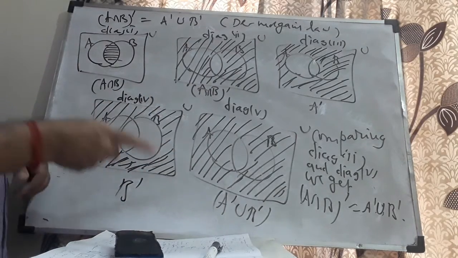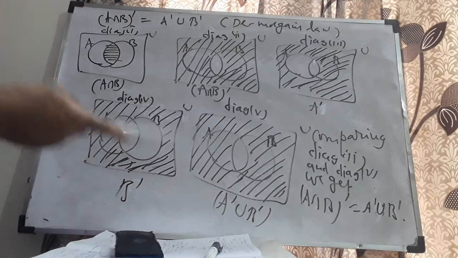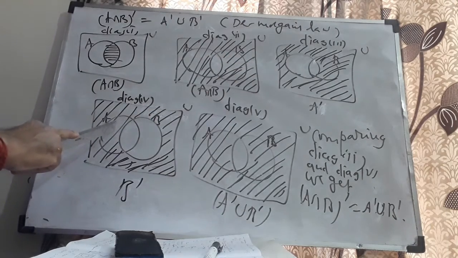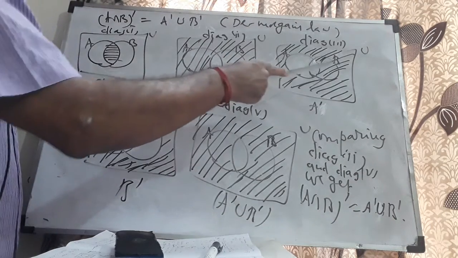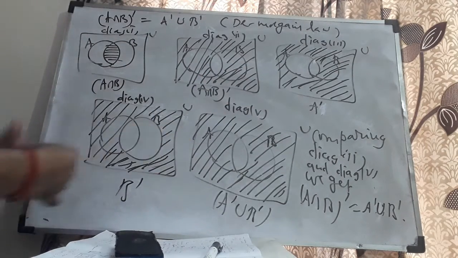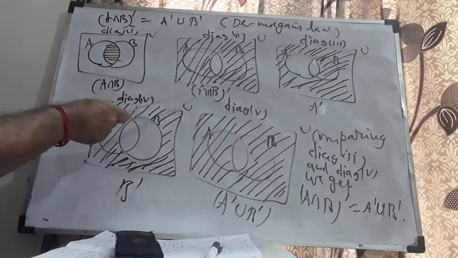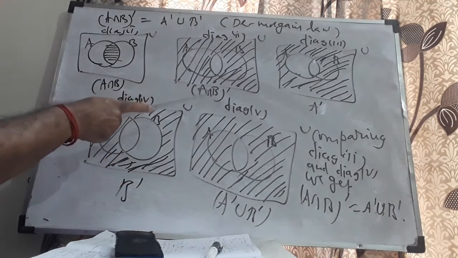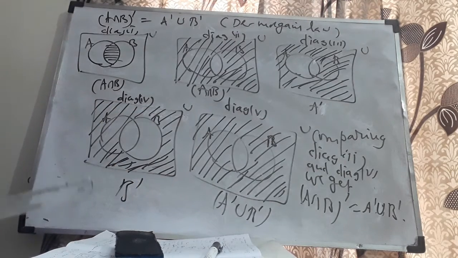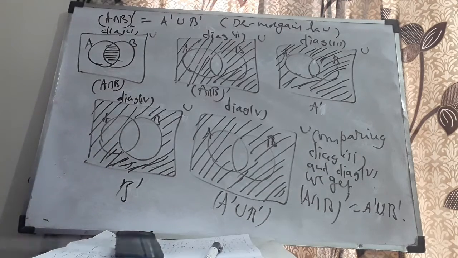That is B dash. Now, while you think about union, if it is there in one of them, it will be there in the union. Therefore, it is not here, but here it will be included. The middle portion is not there in both the cases. Therefore, except the common area, everything will be shaded. Therefore, compare diagram 2 and diagram 5. I get a common shading. This is A intersection B whole dash. This is A dash union B dash. Therefore, they both are equal. Therefore, I automatically come across A intersection B whole dash is equal to A dash union B dash.